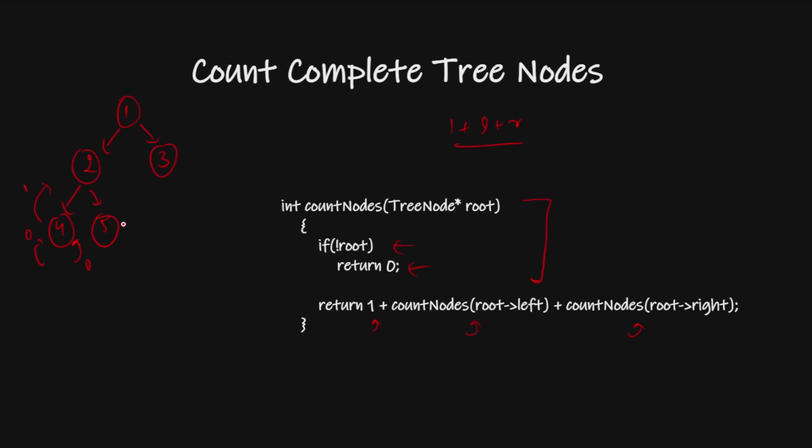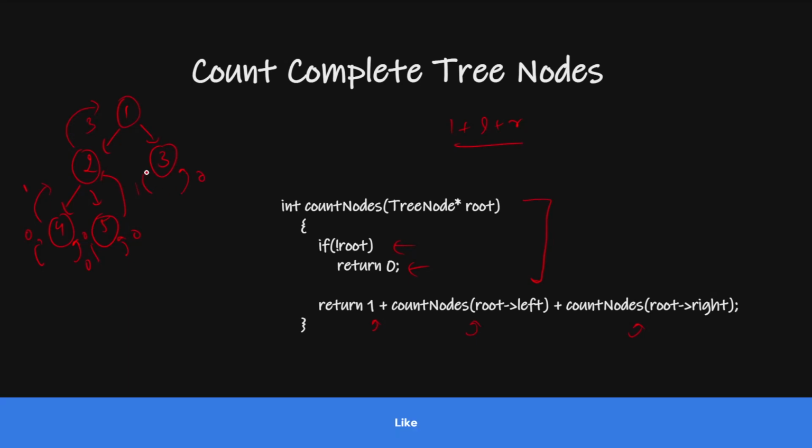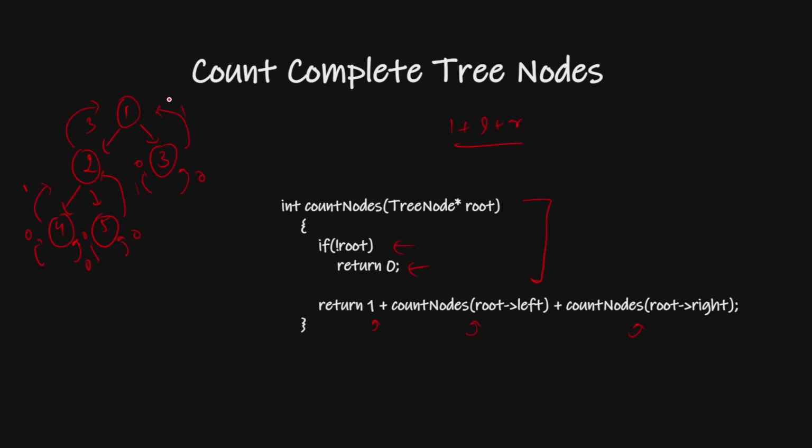From the right, similarly, it returns 0, and this also returns 0, and it finally returns 1. So from this left I get 1, from the right I get 1, and 1 plus 1 plus 1 returns 3. And from here it returns 0, and it also returns 0, and finally this returns 1. So from the left I get 3, from the right I get 1. So finally it will return 3 plus 1 plus 1, that is 5. If I see the number of nodes we have, 1 2 3 4 5. So this is a pretty easy problem, and the time complexity of this will be O(n), and the space complexity is also O(n), because of the function call stack that I have just illustrated.